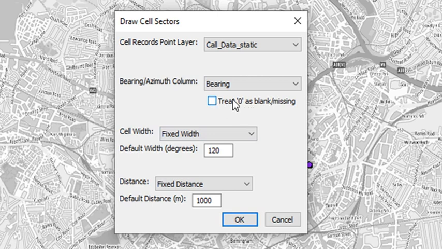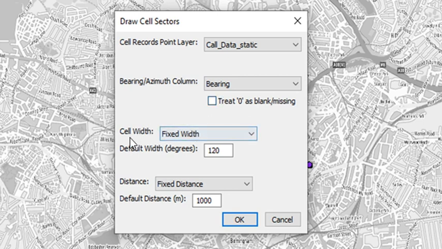So sometimes software or data might not have a direction. And so then if you see a value of 0, it's hard to know, does that mean true north, which it could be, or has it added a 0 because the column's storing a number, and so if it's blank it turns into a 0. So you've got the option there to